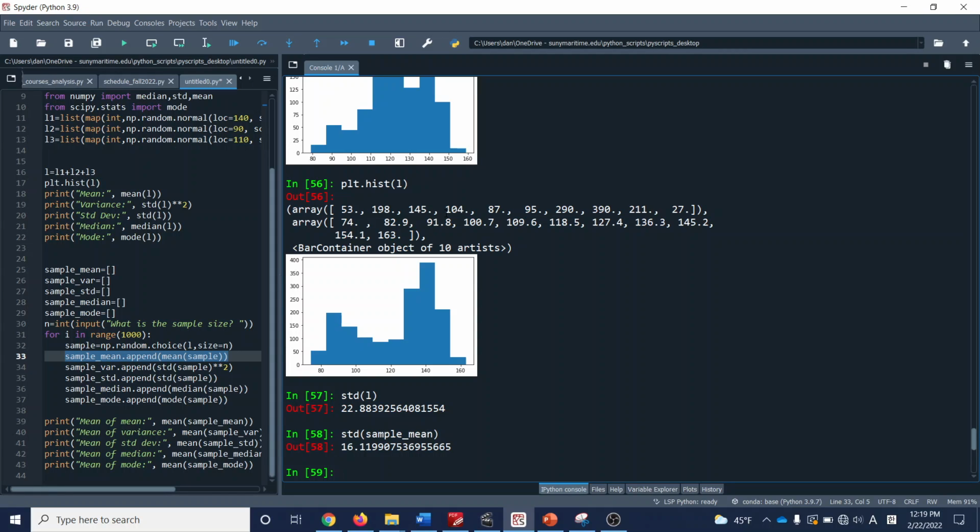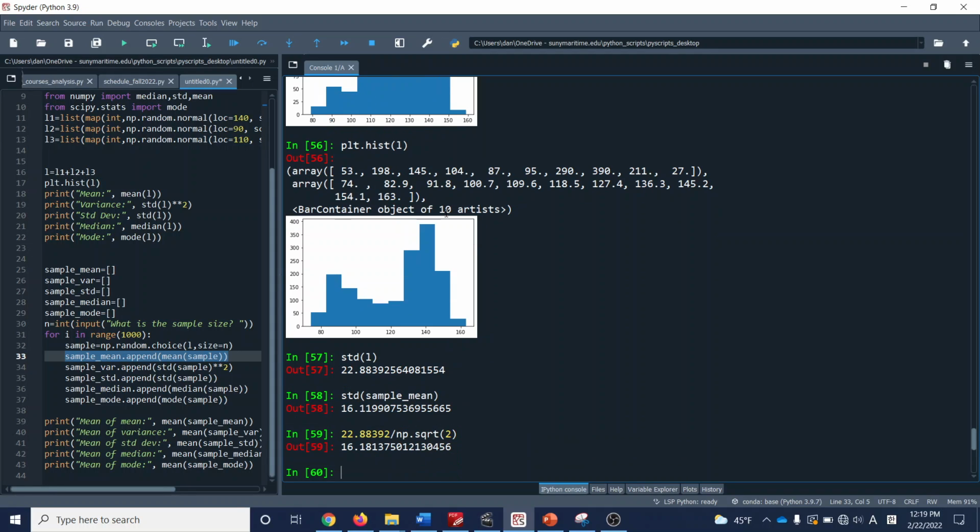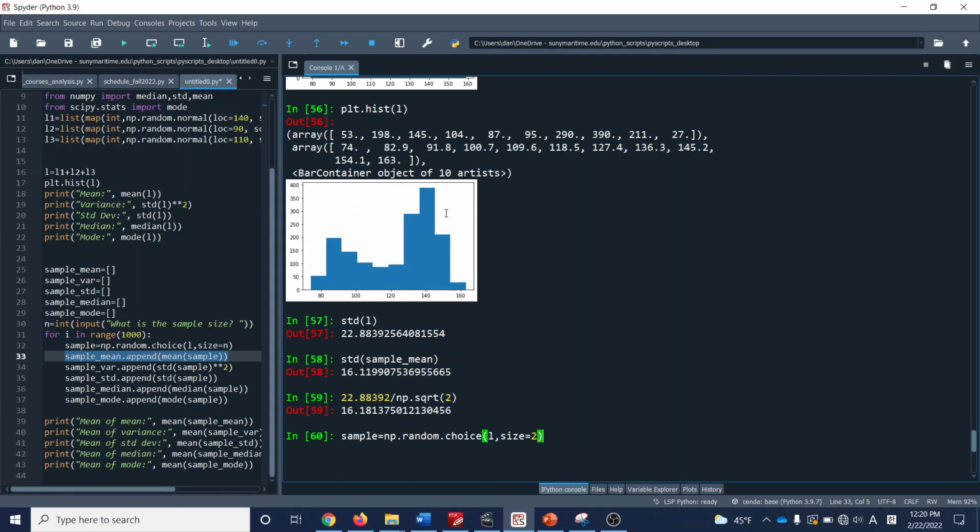If you take 22.88392, that number, and divide it by the square root of 2, it's comparable. It's very similar. So if you select size 2 and do this, the standard deviation has the ratio of square root of 2. All right, so if you understood what I'm doing here, let's repeat this procedure with now